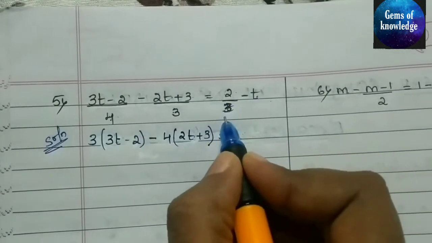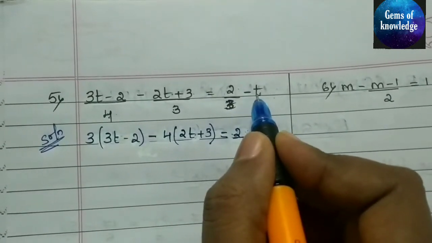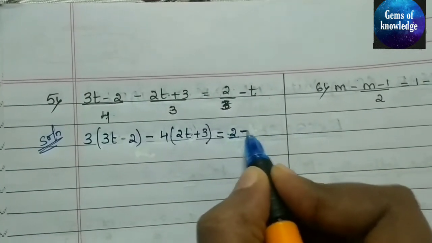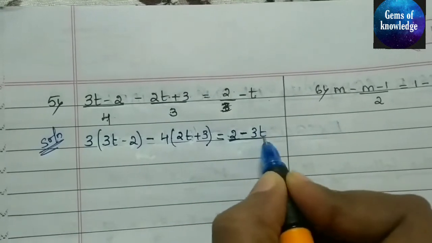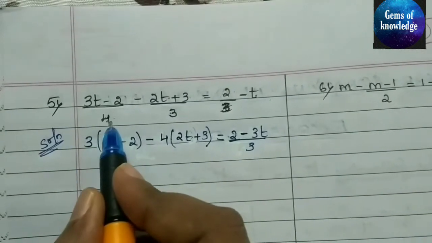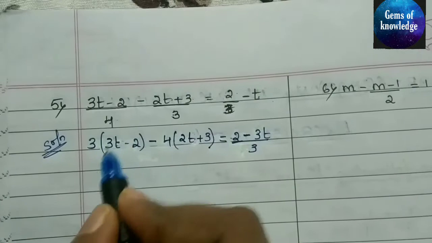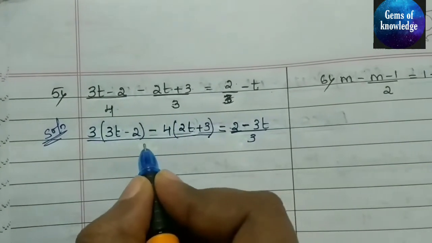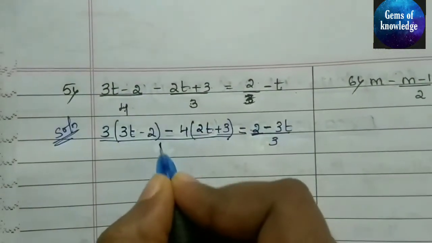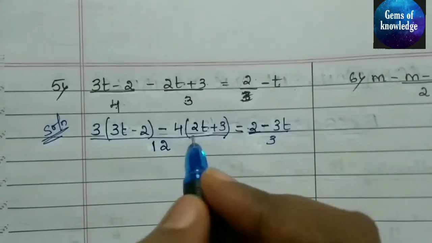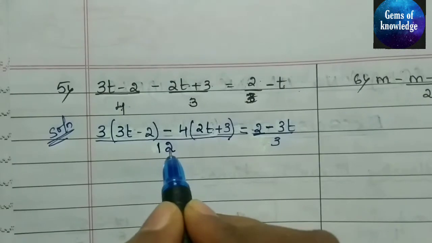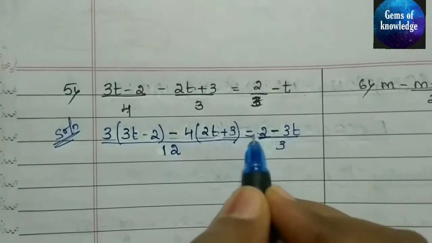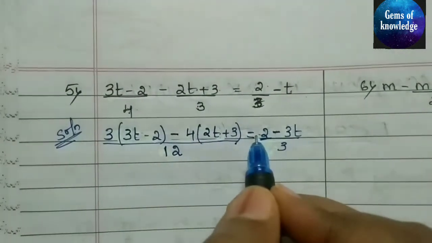as it is, okay, then 3 into t. So it will become minus 3t divided by this 3, and here we will get it is divided by the multiplication of 4 into 3, that is 4 3s are 12. So here we are getting it as 12. Now what we have to do is, we should multiply this 12 to this side. We have to bring this 12 to this side.